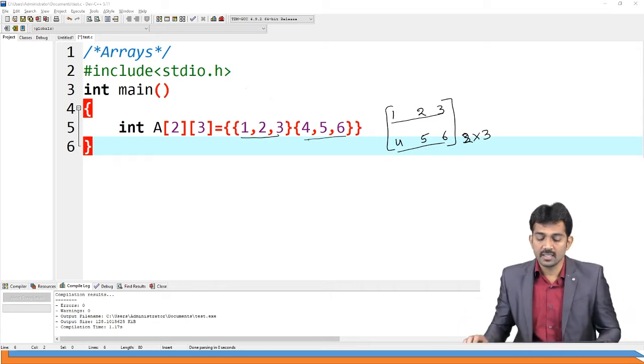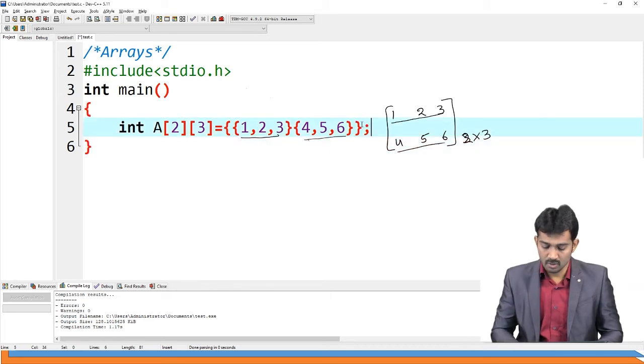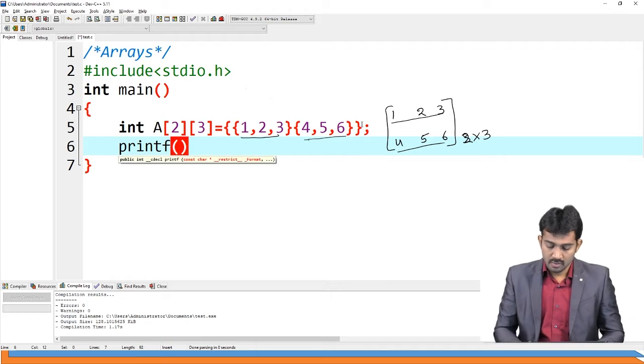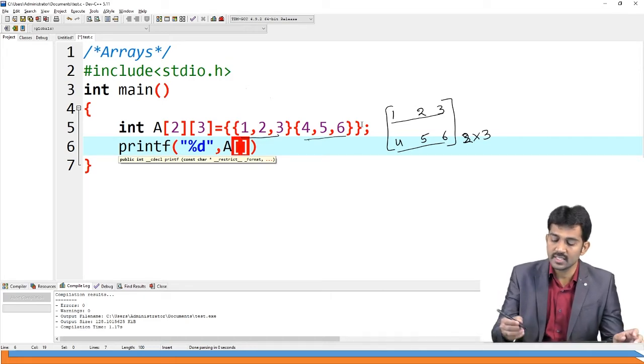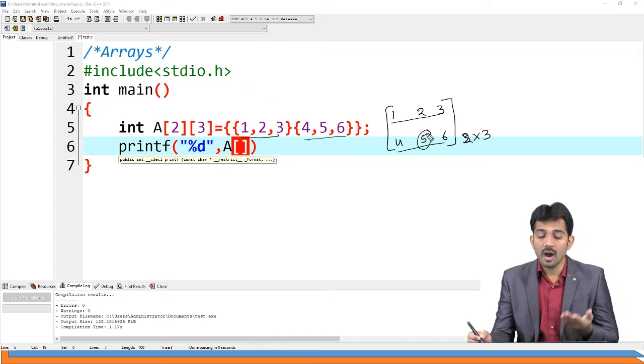If you want to access the data, observe carefully. Add a semicolon and the same printf of %d comma, and then A of whichever data item you want. For example, I want to access this 5. Where does this 5 appear?